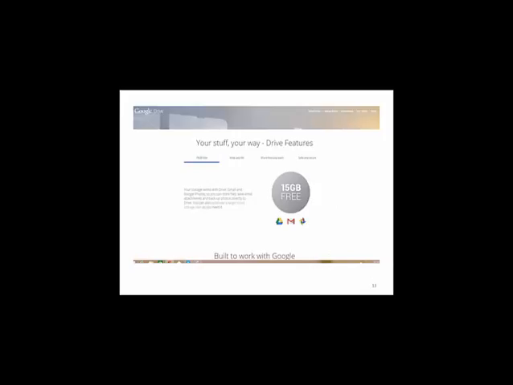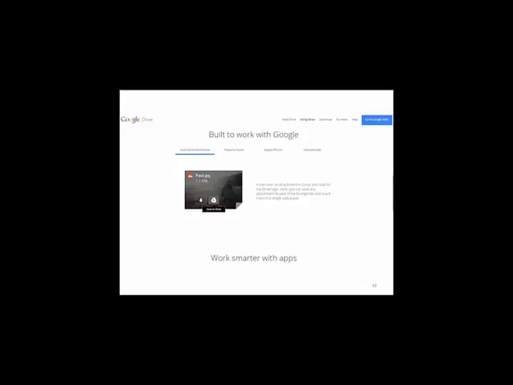15 gigabytes of free storage, that's a lot of Word documents to be able to store out there. And again, any kind of file, and all of it is able to be shared. One nice thing about Google, if you have a Google email, you see right here when you've got an attachment, this little icon right here, you're able to save directly to Google Drive. So there's a lot of benefit in using an integrated package